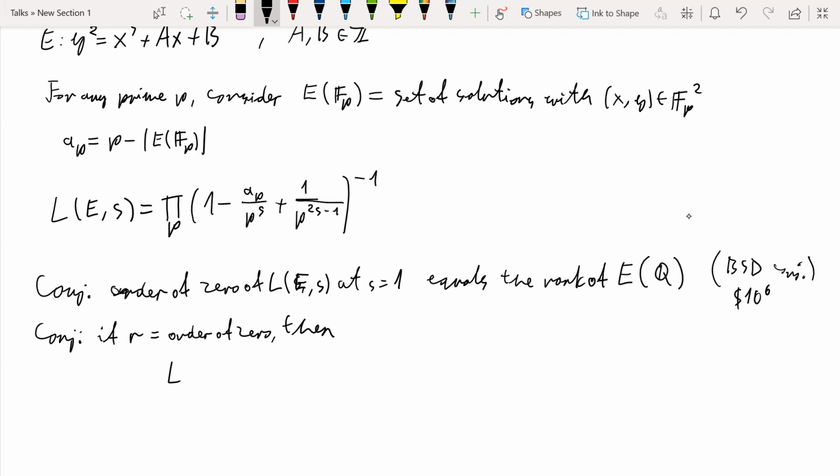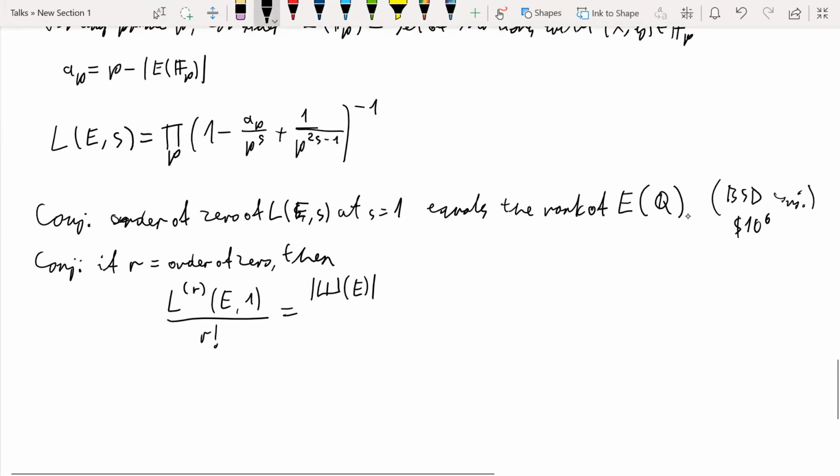then we can consider this quantity, the r-th derivative of this function of E at 1 divided by r factorial, is going to be, and again, this is going to be a bit of a salad of symbols, the order of Sha of E. So I'll not write this down, I'll just say it out loud. Sha of E is a group called the Tate-Shafarevich group, and its arithmetic meaning is a bit weird, so I will not explain it here. It is not known to be finite, so finiteness of this is part of this conjecture, so its order makes sense,